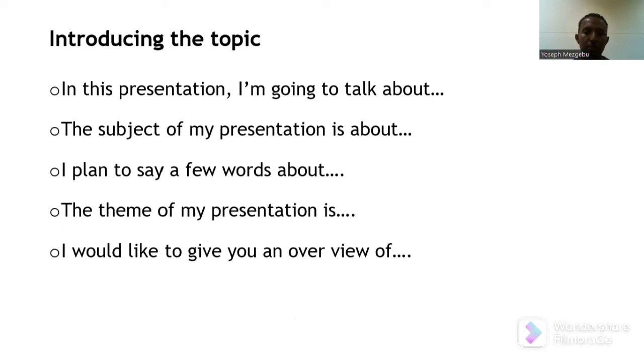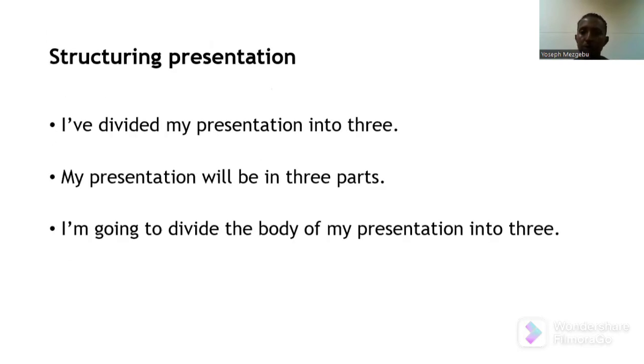Then the other expressions are used to introduce a topic. First we greet, then say welcome expressions, then introduce the topic. Then also we should structure